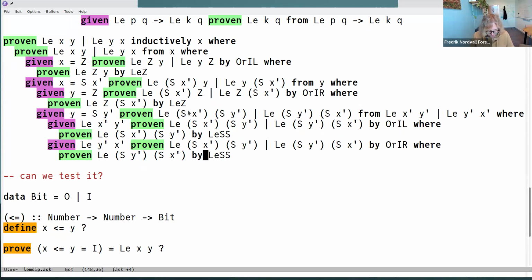So what did we do? Well, we had to do induction on something. If I didn't do induction on x, then I wouldn't be entitled to this fact for the smaller things, and I would be stuck at this point, right? And then we were just looking at x and y. So we did a case split on x, and somewhere we did a case split on y, just dealing with all the cases.